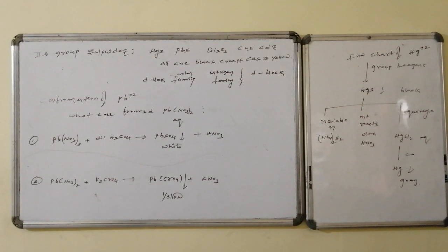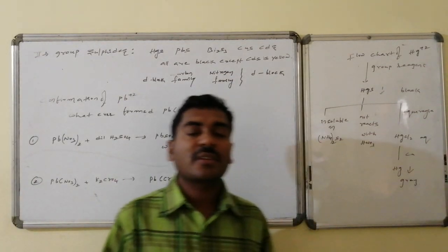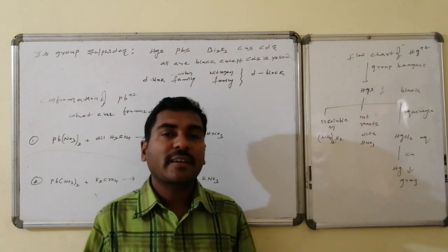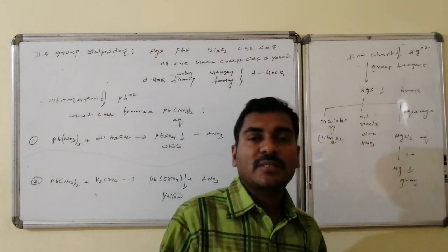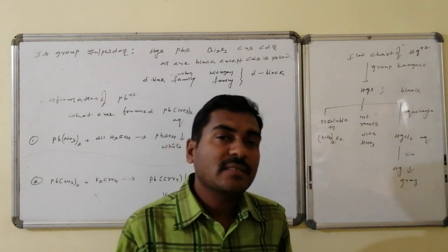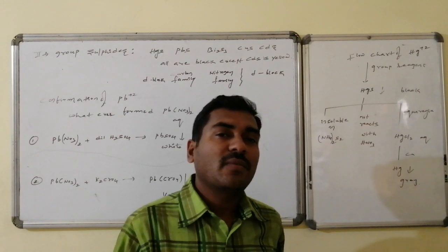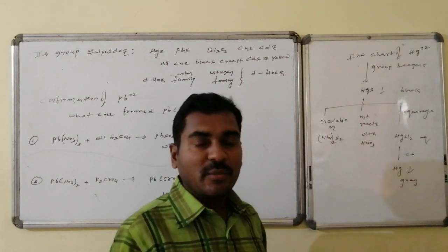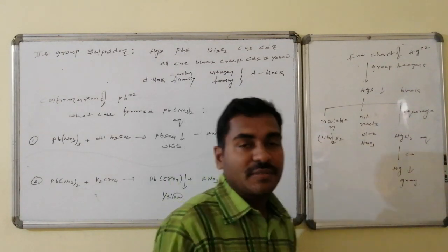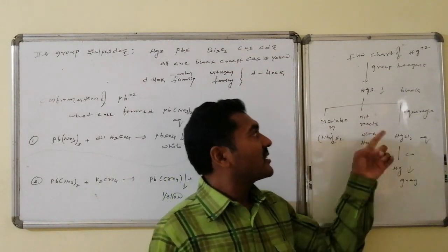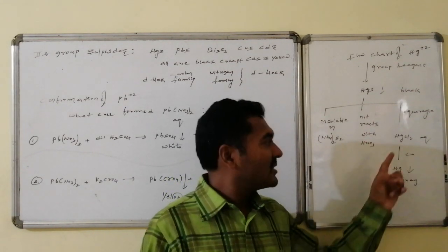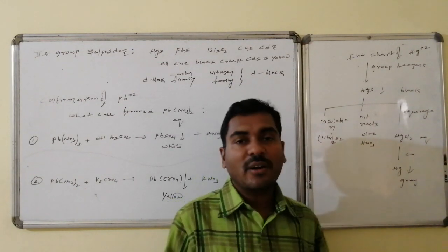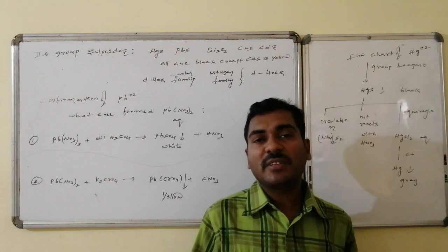This is the flowchart of the reactions conducted for the confirmation of the second A group important cation, that is mercury cation. The group reagent is H2S followed by dilute HCl. Under those conditions, the mercuric ions are precipitated as mercuric sulfide, which is black in color. This mercuric sulfide is insoluble in yellow ammonium sulfide. It does not react with dilute HNO3, but on reaction with aqua regia, it is converted to mercury chloride, which is an aqueous solution. This mercury chloride on reaction with copper turnings gives grey deposits of mercury at the bottom of the test tube.